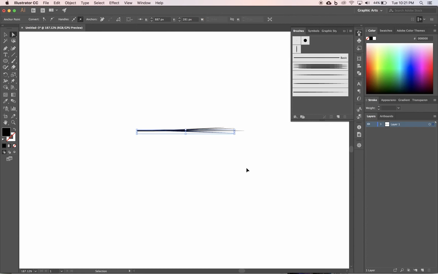Make a copy, Command C, Command F, double click on the anchor point and then down and to the left like that. Now we're going to take our selection tool, highlight everything,